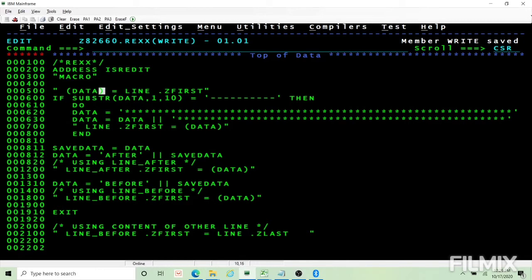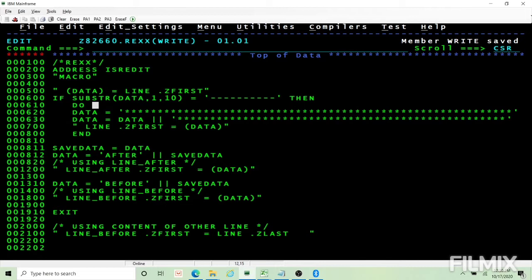We have already seen that line number or line pointer is used to get the content of a line. If you swap the things between left side and right side, that is used for rewriting a line. That is line of line pointer equal to data. If I code this, data is replacing the content of the line pointer by this variable. Okay. So in this piece of code, what I am doing is I am reading the first line content into